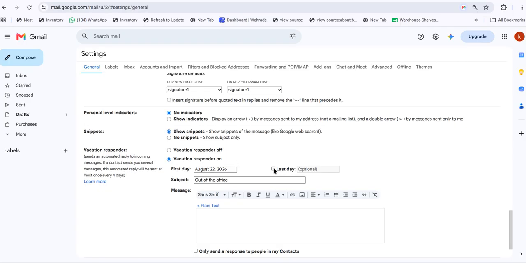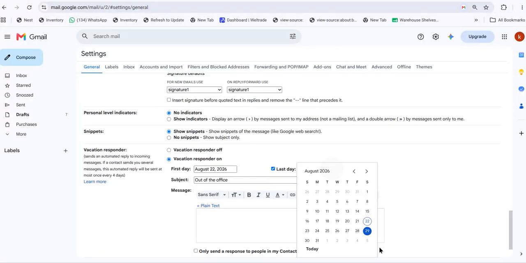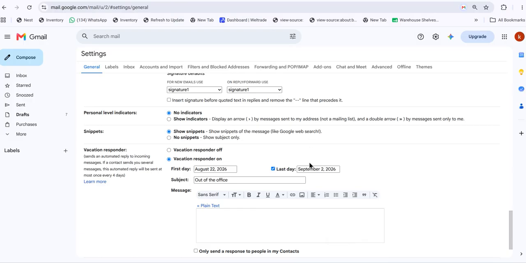So the leave is from 22nd August 2026, and I can choose to be out of the office up to the 2nd of September, and then write out of the office like this,